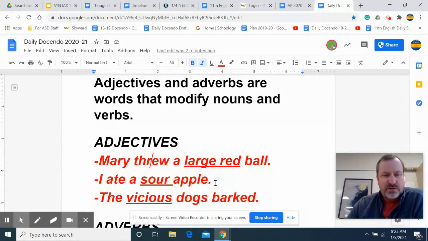So subject, verb, object. And we want to tell a little bit more about the apple, so we add an adjective modifying it to say that it's sour. The dogs barked. So dogs barked, that's basic subject, verb, kernel 1. We want to add an adjective to show that the dog is vicious. So again, very basic, but adjectives are obviously a very important part of speech.